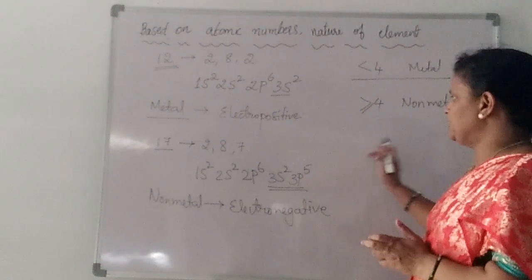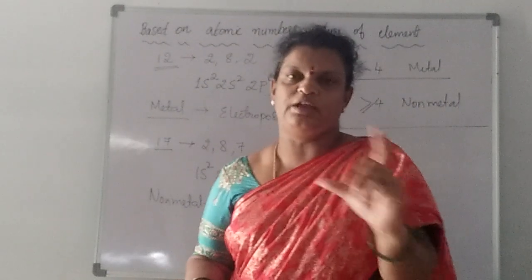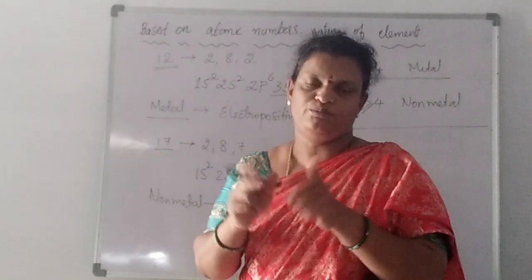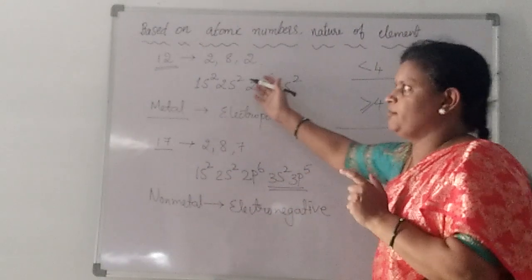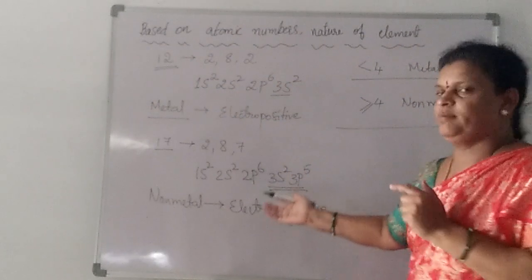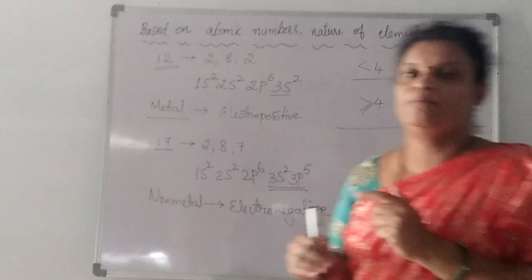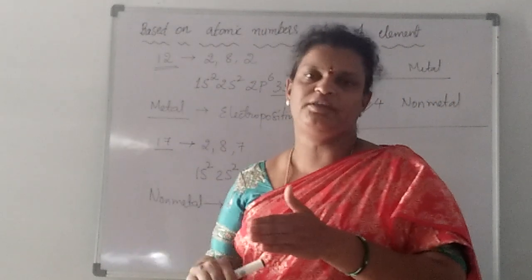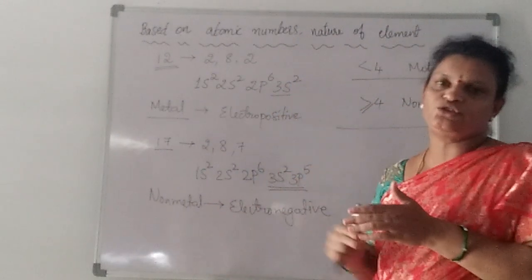Next, if you have one metal and one non-metal, two elements here, then between these two an ionic bond will form. Like here, we have an element with atomic number 12, the name of the element is magnesium. Then one more element we have here, that is chlorine. Between magnesium and chlorine, what type of bond is formed? An ionic bond is formed. Magnesium is going to lose electrons, chlorine is going to gain those electrons. Then an ionic bond is going to form between these two elements.